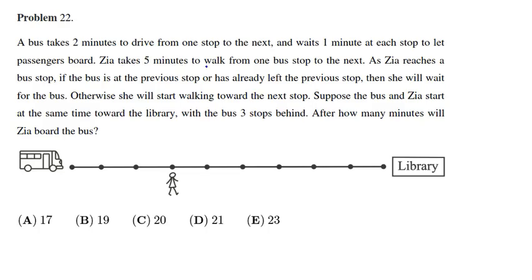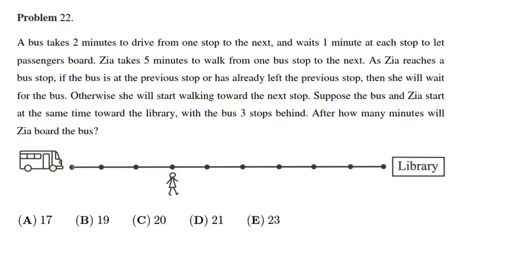Zia takes 5 minutes to walk from one bus stop to the next. As Zia reaches a bus stop, if the bus is at the previous stop or has already left the previous stop, then she will wait for the bus. Otherwise, she will start walking toward the next stop. Suppose the bus and Zia start at the same time toward the library, with the bus